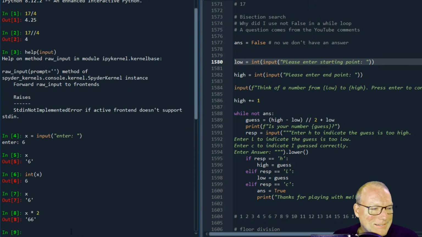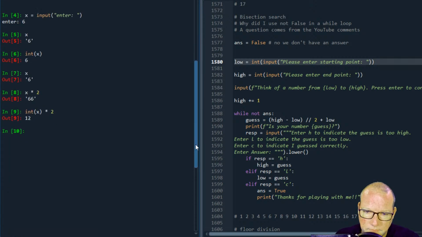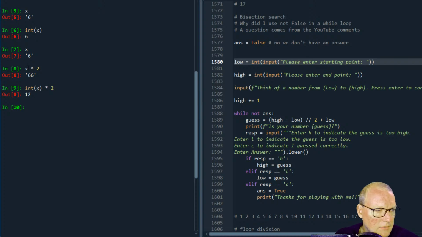Well, no, because this is still a string. So I would have to do int(x) times 2, which is completely legal. Then I get my 12 right here. So what am I doing? Let's look at this. This is very important. I'm converting this from a string to an integer, then I'm multiplying. So innermost, then